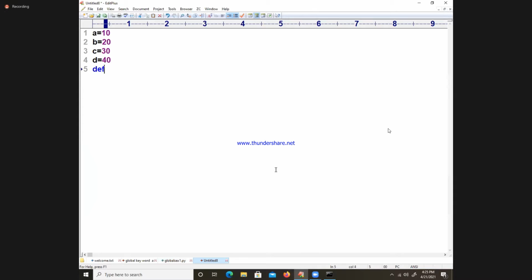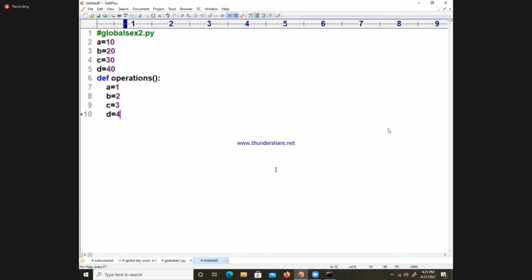Now, here, one more, you will get clarity now. Globals example 2.py, operations of. Now I am writing A is equal to 1, B is equal to 2, and C is equal to 3, and D is equal to 4.